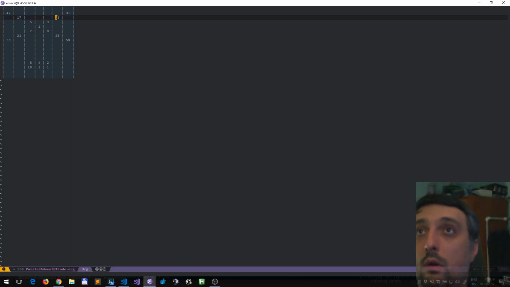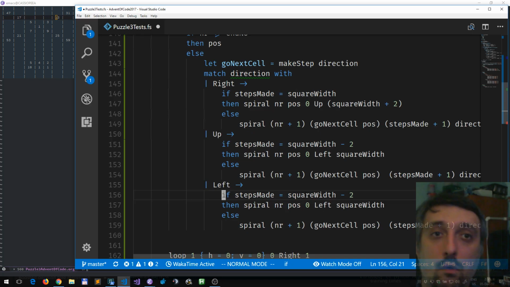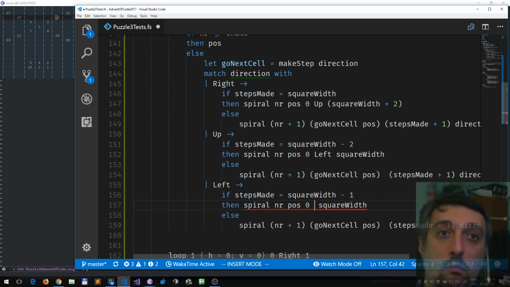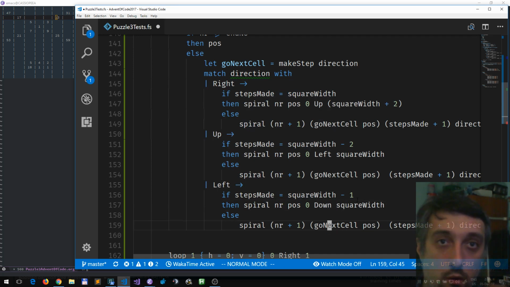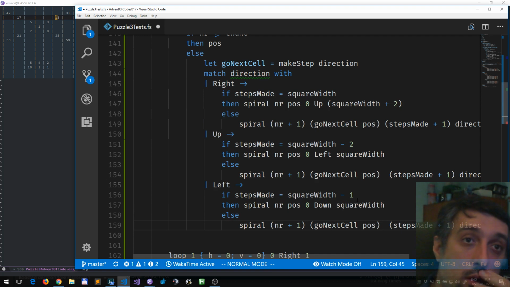If I'm here, 1, 2, 3, 4, or not 5. So square width minus 1. And I will switch from left down. Otherwise I will go with the next number, the next cell, the steps made by 1,